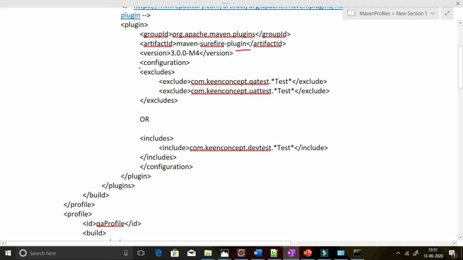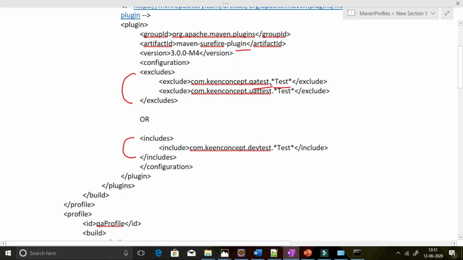So now this is important. This is the configuration tag. Under this configuration tag, either we can use exclude tag or we can use include tag. So if we are using exclude tag, then we need to exclude the test classes which we don't want to execute in this profile.